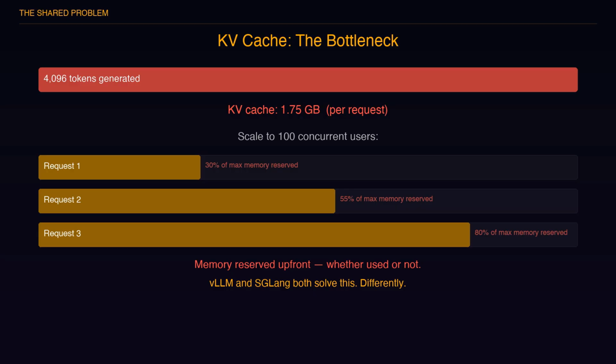Traditional frameworks made this worse. KV cache memory was allocated upfront, contiguously, at maximum sequence length from the moment a request started. A request that generates 300 tokens out of a possible 2,000 claims 2,000 tokens worth of memory. 84% wasted. New requests queue behind it, starved for memory that isn't actually being used. Both frameworks solve this, but they focus on different parts of the problem, and the right choice depends entirely on